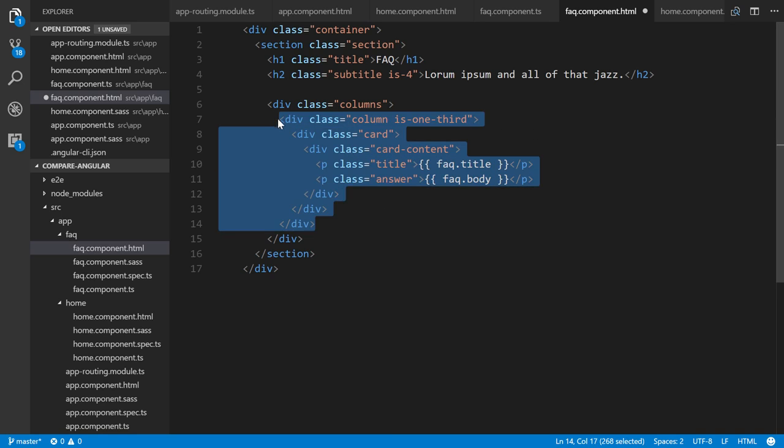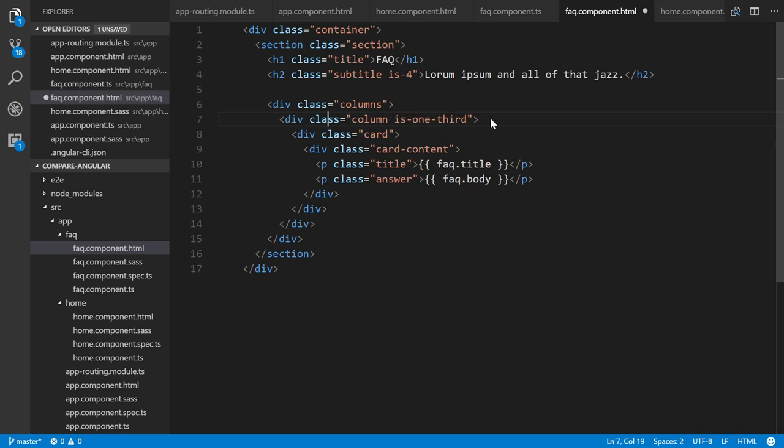All right, so starting at this second div class in, what we do is add an asterisk ngFor equals, and we specify let fact of facts. And facts is the property that our response is mapped to. And then we reference fact.title and body right here. So if we save this